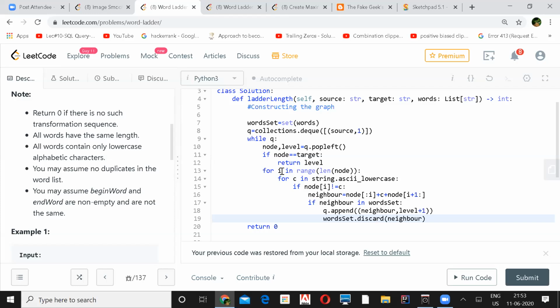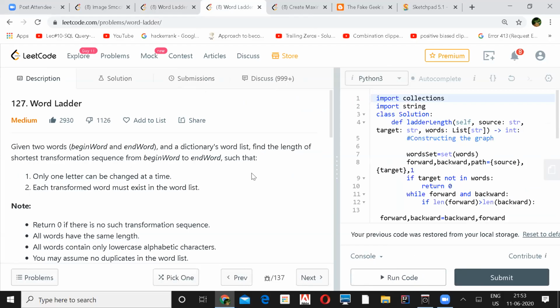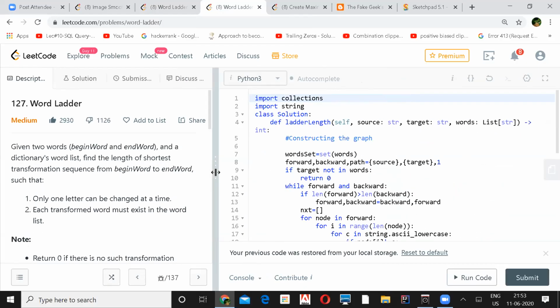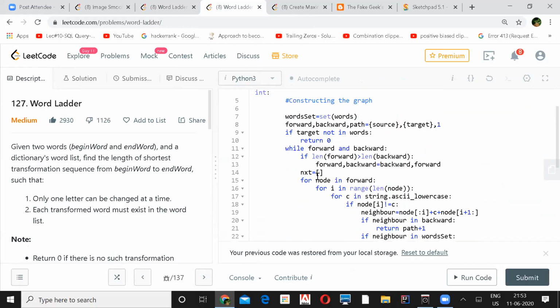Yeah, and there is one more: bidirectional BFS. If somebody wants to explain, you can. I think Praveen was talking about it. Okay, let Praveen explain then. No, I did not implement that actually. I implemented it similar to what Shashank has. Okay, yes, sure, you can.